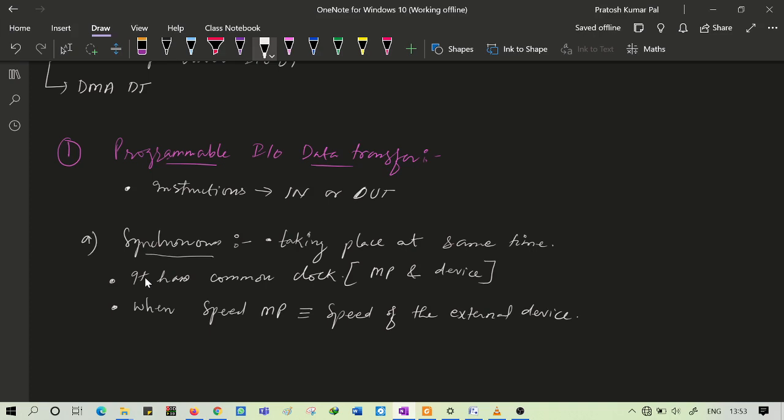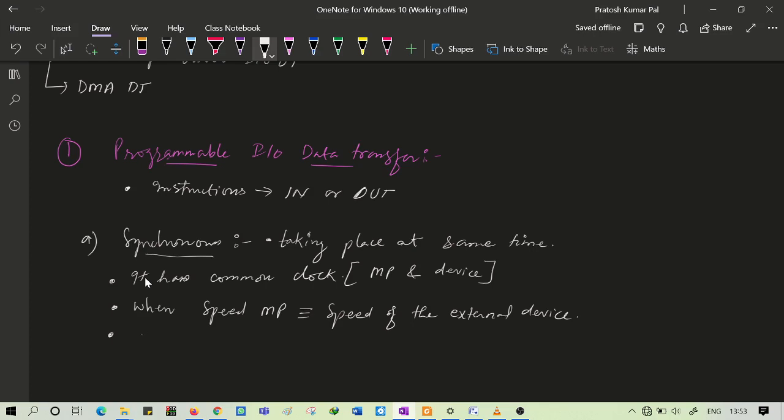If it is having a different speed, then the synchronous data transfer type will not take place. As we all know, the microprocessor speed is very high. It is available in gigahertz. So there are rarely devices that match the speed of the microprocessor. So it is rarely used, we can call it.